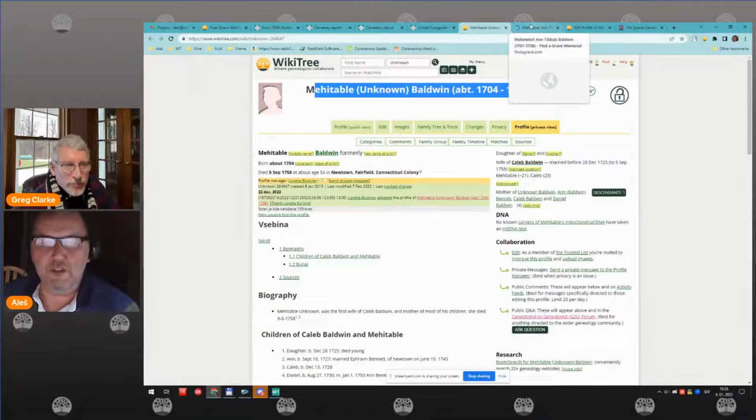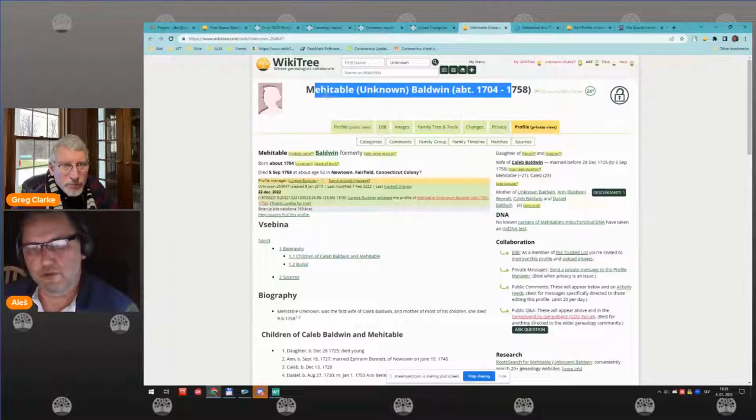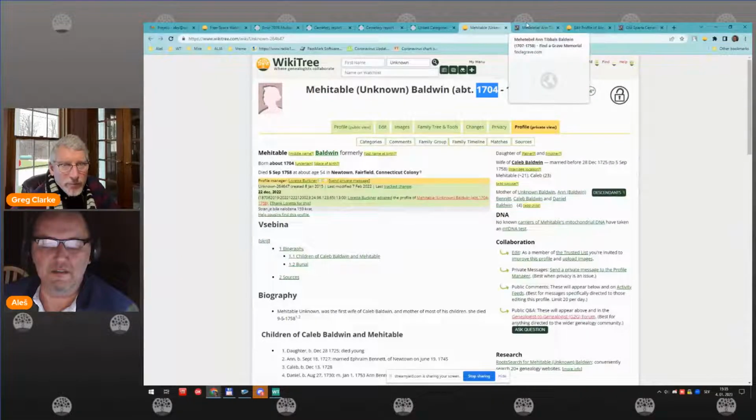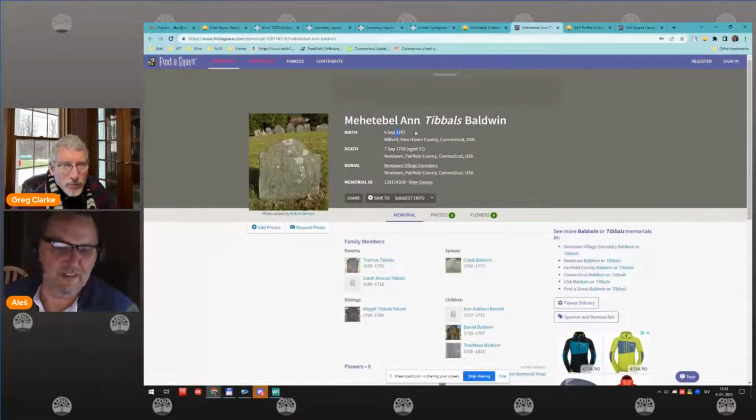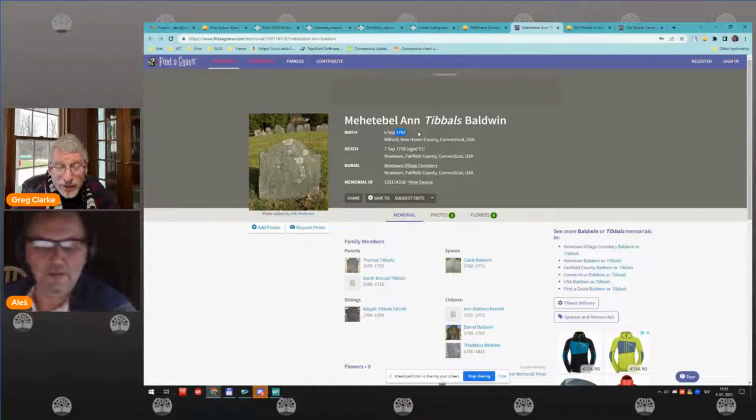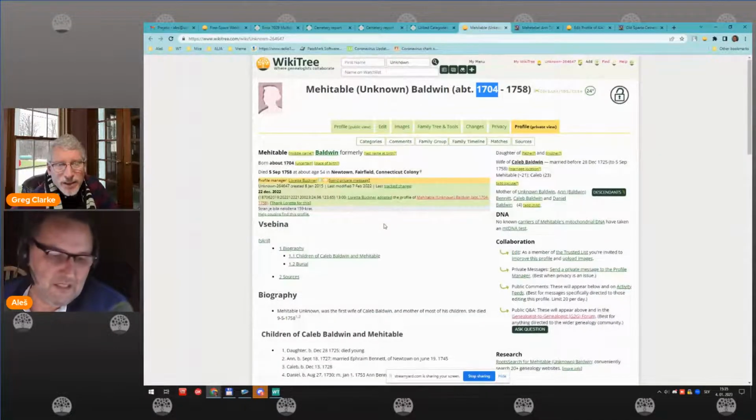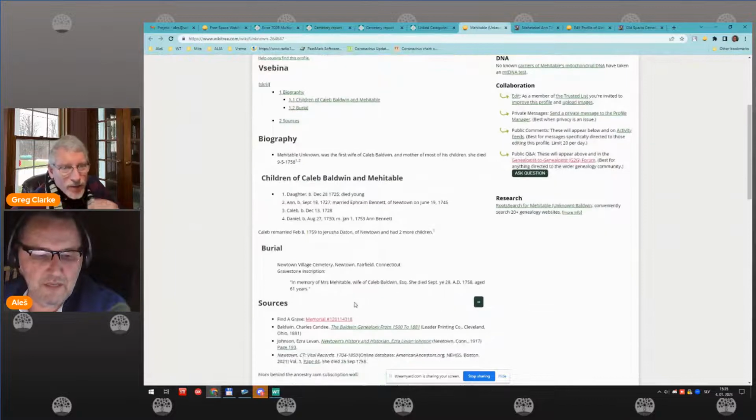I automatically connect a profile to a memorial only if the name and the dates match quite well. So here we have 1704 and here is 1707. So I don't link such profiles automatically. It can be linked using the same